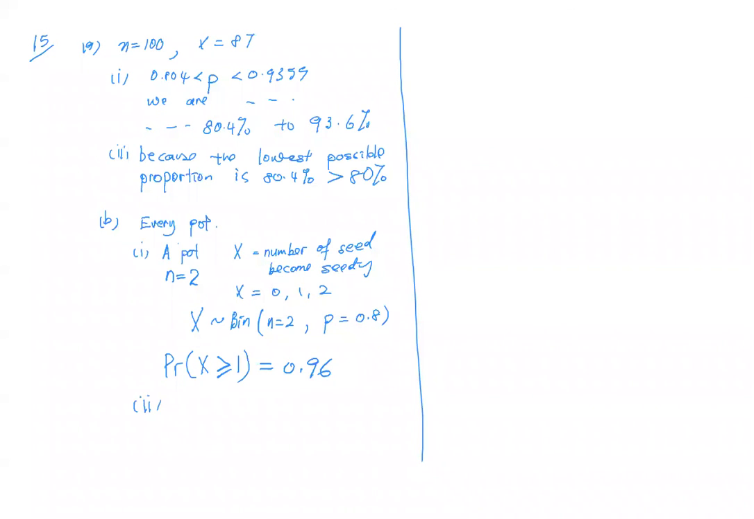They say, using your answer to part B1, calculate the probability that if 2 seeds are planted in each of the 6 pots in each tray, at least one of the seeds in each pot will germinate and grow into a seedling. So that means we are talking about a tray now, right? In a tray, how many pots are there? So your N is 6. Now your Y is the